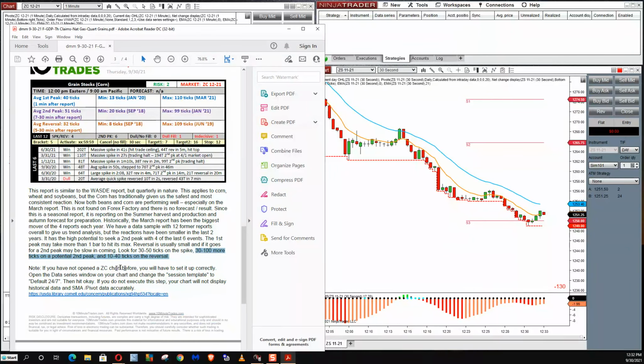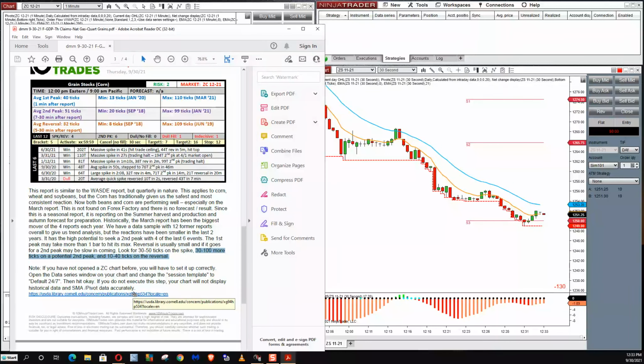If you have not opened a ZC chart before, you'll have to set it up correctly. Open the data series window and change the session template to default 24/7. If you don't do that, your chart will not display historical data and SMA pivot data accurately. That's not 100% correct. It won't display the data according to the time that it calculates the pivots from, if your chart is set to default 24/7. If it's set to instrument settings, all it does is calculate the pivots and historical data from a different time.